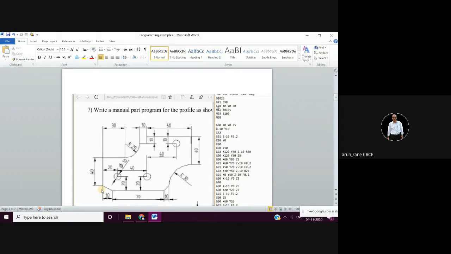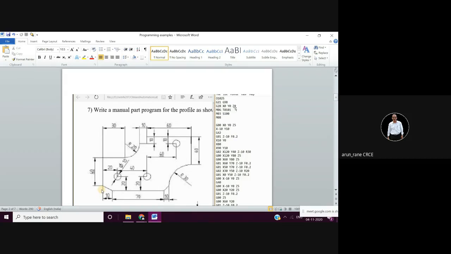Now here there is no mistake. If you want, you can write down the block number, but you must enter a dot here. Dot means end of the block. Nowhere is the dot mentioned. So you must either write a dot or you must write a star. In the beginning you can write that this is for the Fanuc. If it is for the Fanuc, you write a dot. If you write this is for the Siemens, then you can write the star.